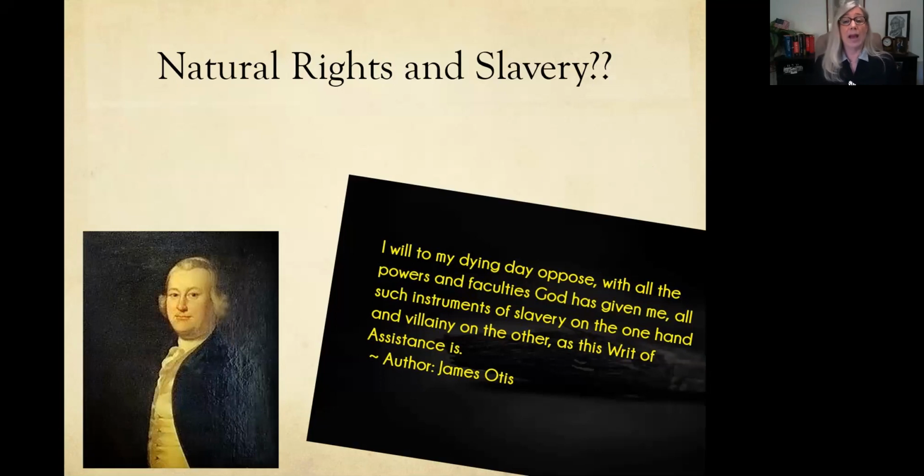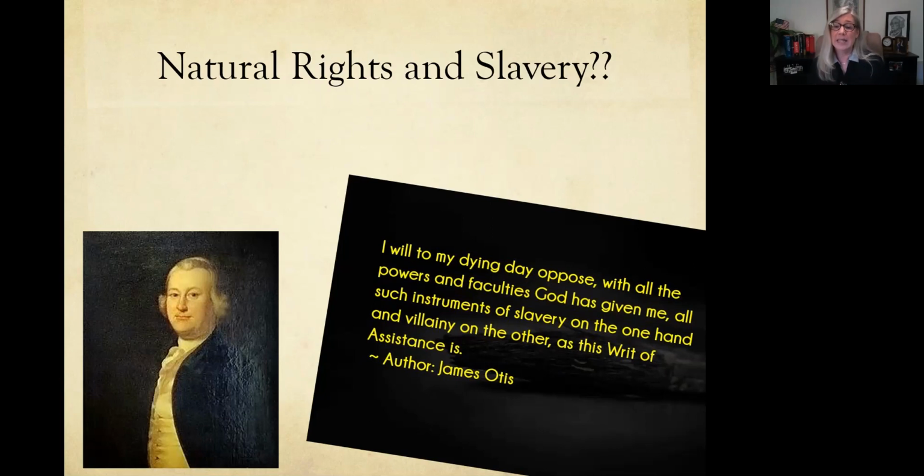So John Locke, they write a lot about natural rights. And we're already beginning to see people question how that equates with slavery that is well entrenched in the American colonies. Look what James Otis has to say about it. "I will to my dying day oppose, with all the powers and faculties God has given me, all such instruments